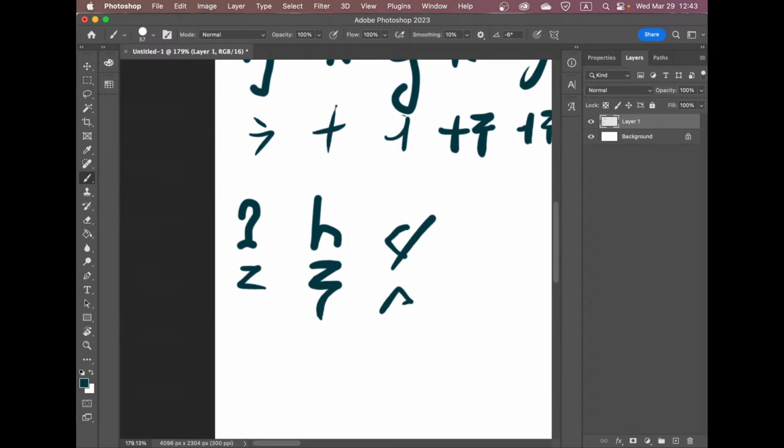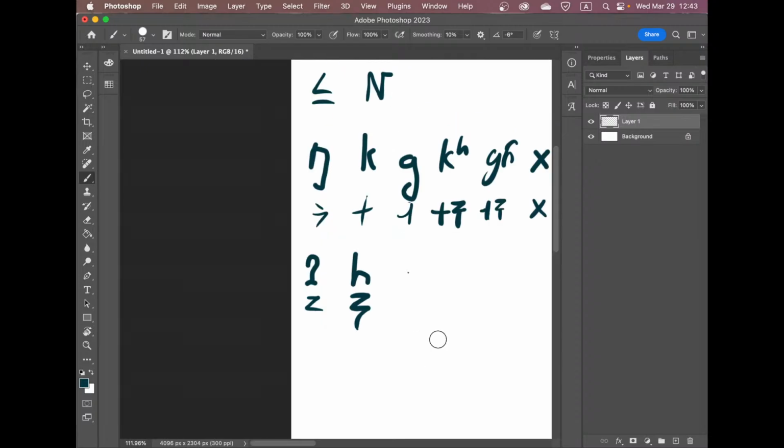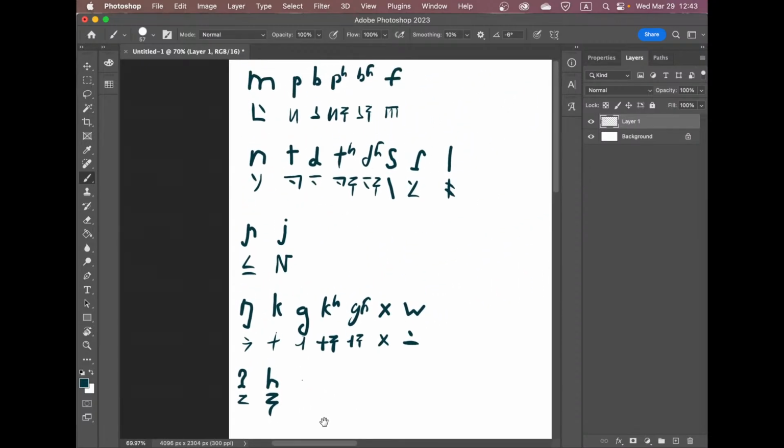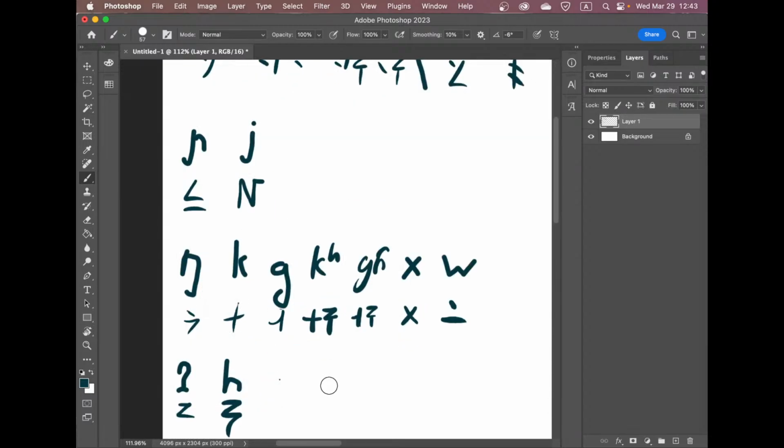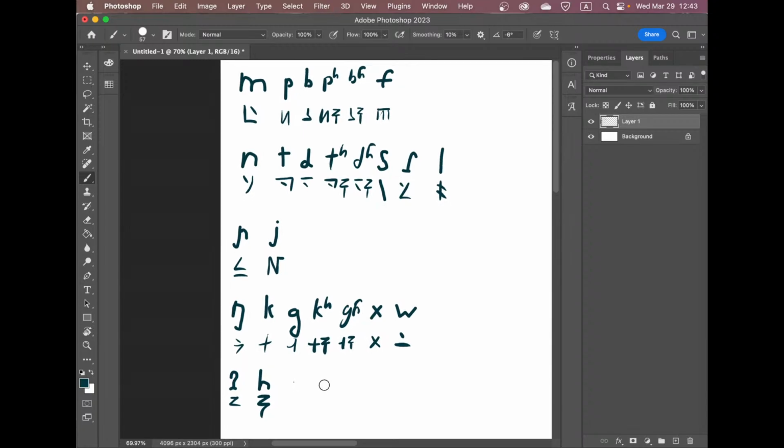I think I'll stick with the Z, Bokuto. Oh God, that is a mess. This will probably go through multiple iterations before I am fully happy with it. Who am I kidding? I'll never be fully happy with it. I'm never fully happy with any of my projects. But now